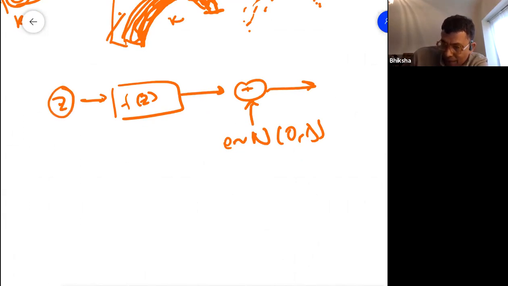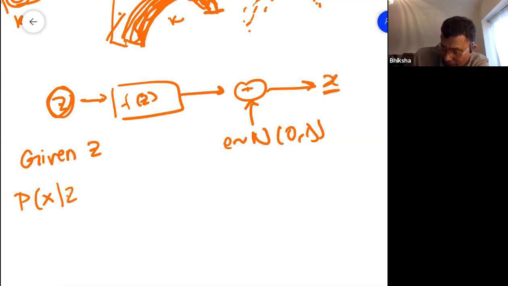Now, suppose I give you the Z. So given Z, what is the probability of X, which is this term, given Z? Can anybody tell me? Anyone? Guys? I'm waiting for an answer.